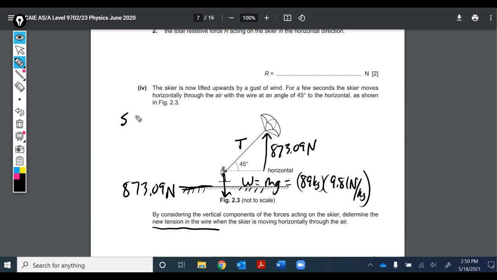That's the SO in SOHCAHTOA. So the sine of 45 degrees, the function of the angle, equals the ratio of sides, the opposite over the hypotenuse, which we're calling T for tension. Multiply both sides by T, divide both sides by the sine of 45, which is 0.707. So it's going to be 873.09 divided by square root of 2 over 2, sine 45, something like that. So divided by